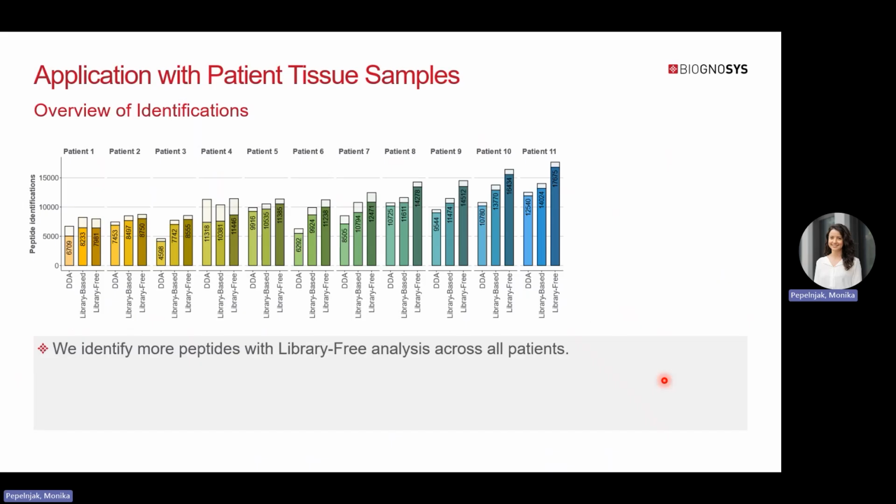First, looking at the identifications, you can see on the x-axis all 11 patients, and the results we got from the DDA files, from library-based analysis and library-free analysis. We observed very different numbers of identifications between the different patients. However, we observed a similar trend for all the searches performed. Further,